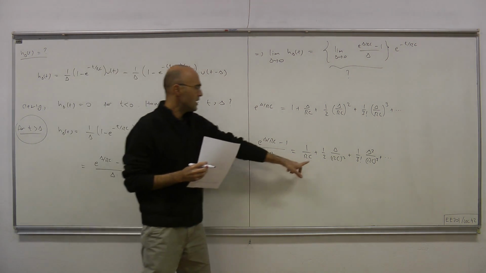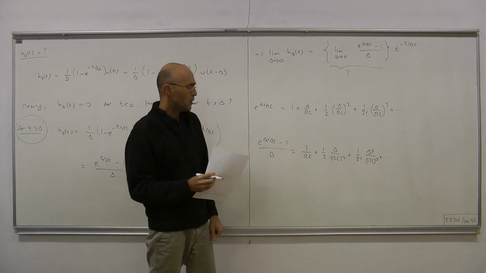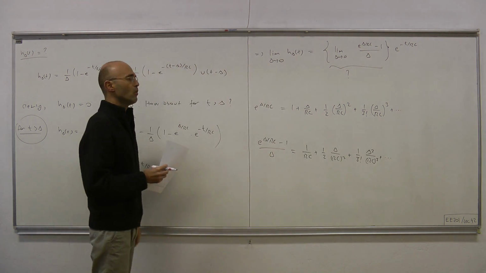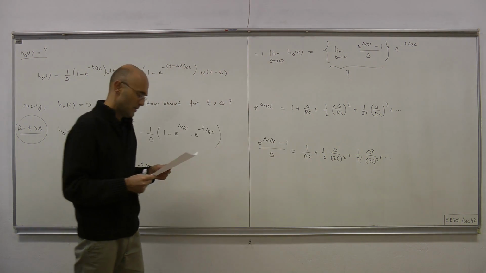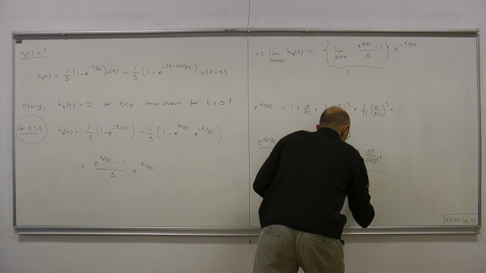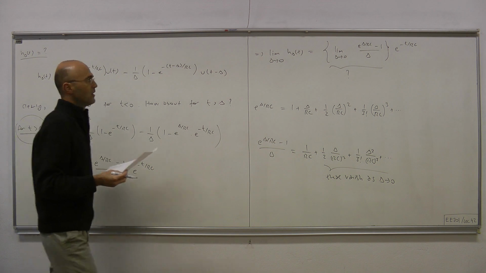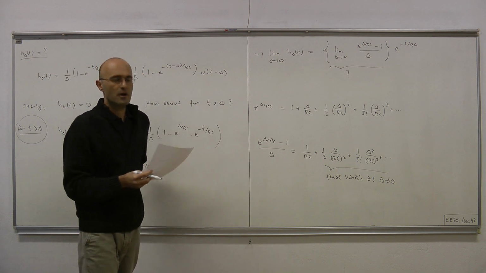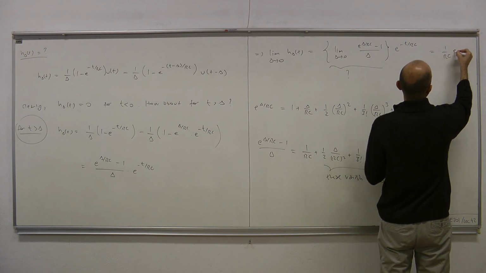Okay. And now in this form it's obvious what this limit should be. As delta goes to 0, these terms all vanish. Delta squared, and we're going to have delta cubed, all the higher order terms. And what's going to be left is that constant term 1 over RC. So these vanish as delta goes to 0. Hence, the solution to that limit must be 1 over RC. Okay, so we can write that this has to be equal to 1 over RC e to the minus